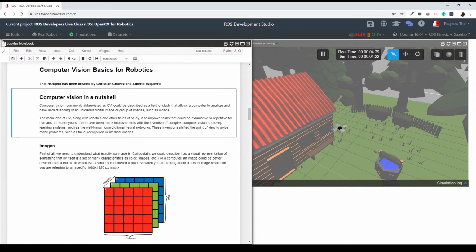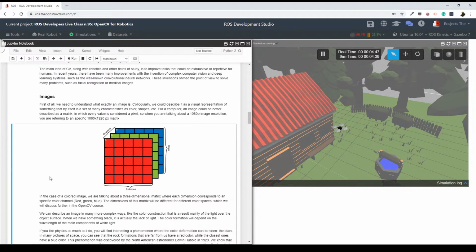Then what is an image? For us humans, we can understand an image as a visual representation of a particular static moment, in the case of an image, or of a moment in the case of a video or a stream, which is represented by different characteristics such as color, shapes, etc. So for us, this is an image, but for a computer,